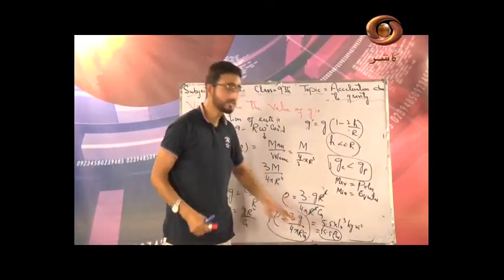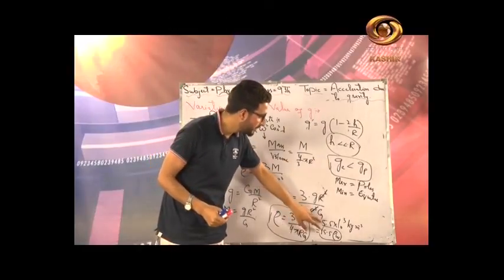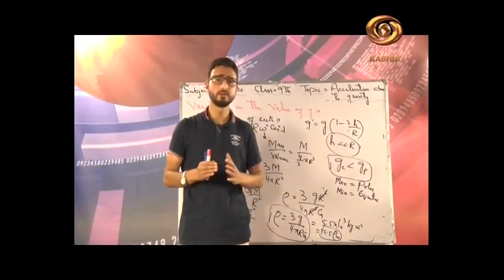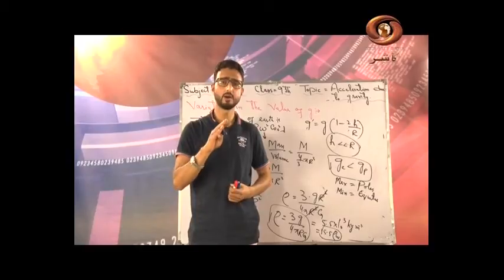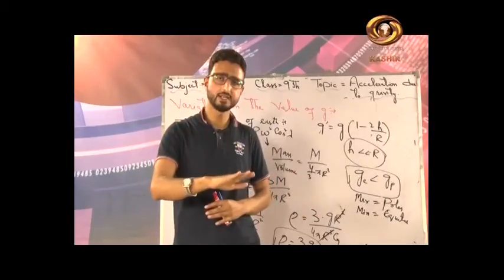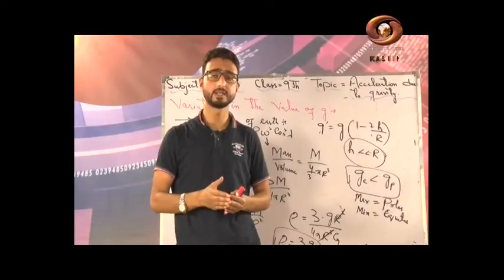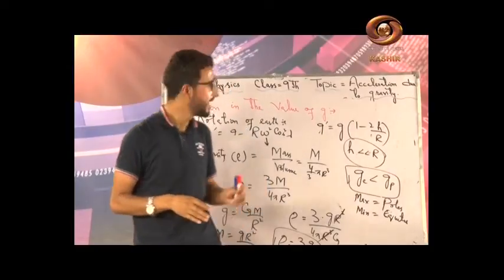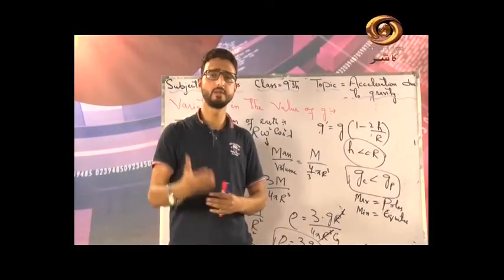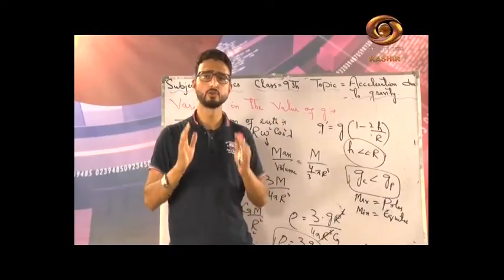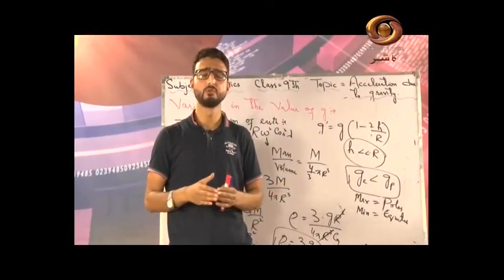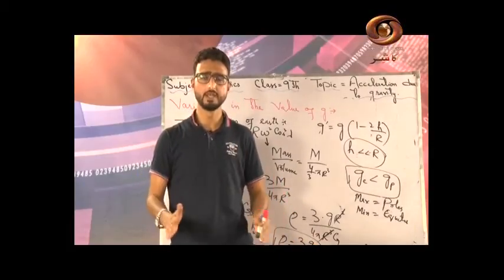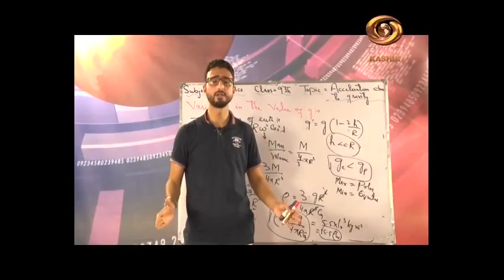So we calculated the value of density of Earth from the concept of small g, that is acceleration due to gravity. Let me revise the things we discussed today at a glance. I started from free fall, freely falling body, acceleration due to gravity. After that I derived the expression for acceleration due to gravity, special points regarding g, and then we discussed the variation in the value of g. Now I will give you one more assignment: you have to differentiate between small g and capital G. And we calculated the value of density of Earth. This was all about the acceleration due to gravity.